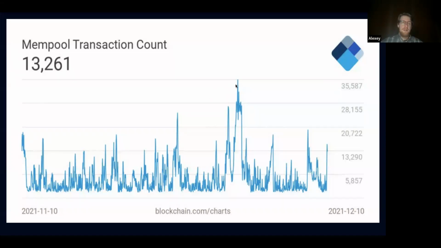And converting this into megabytes, we can roughly say that the mempool size can vary from a few megabytes to several dozen megabytes. So here you can see this volatility range, this amplitude of mempool